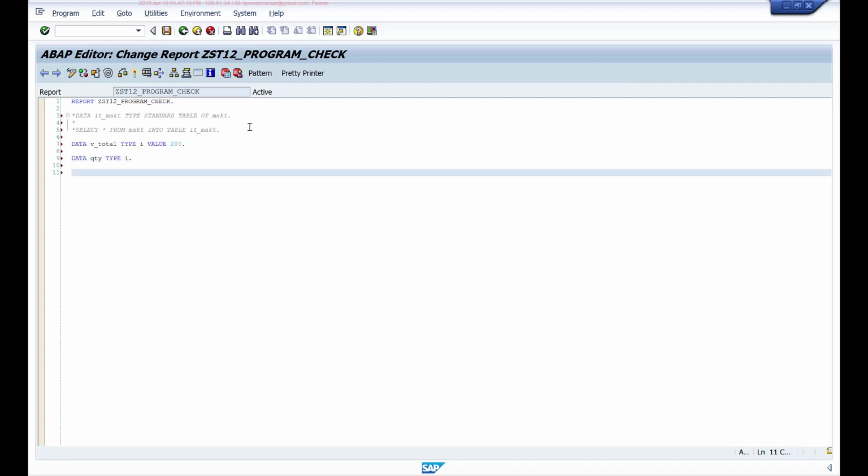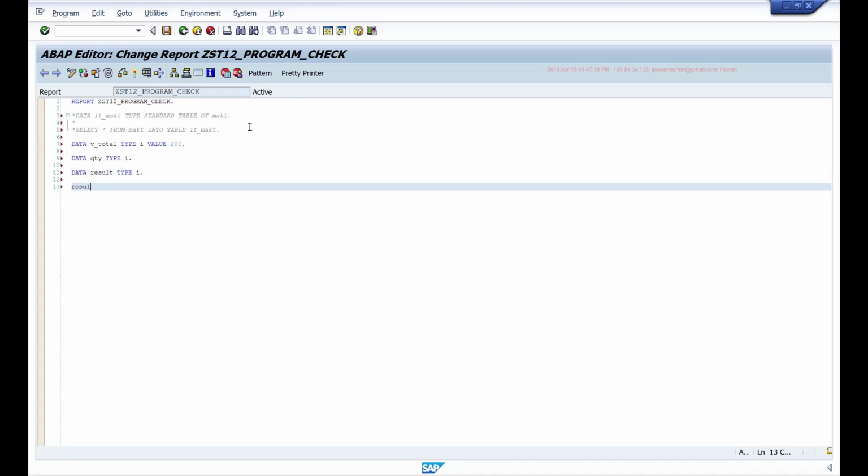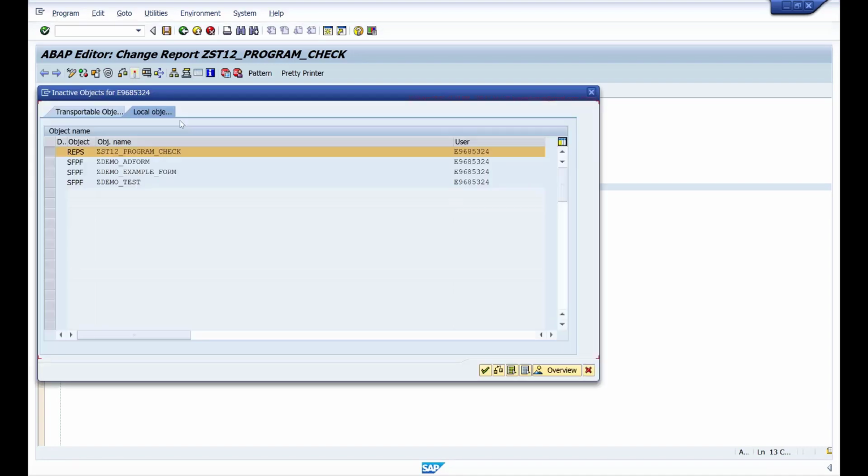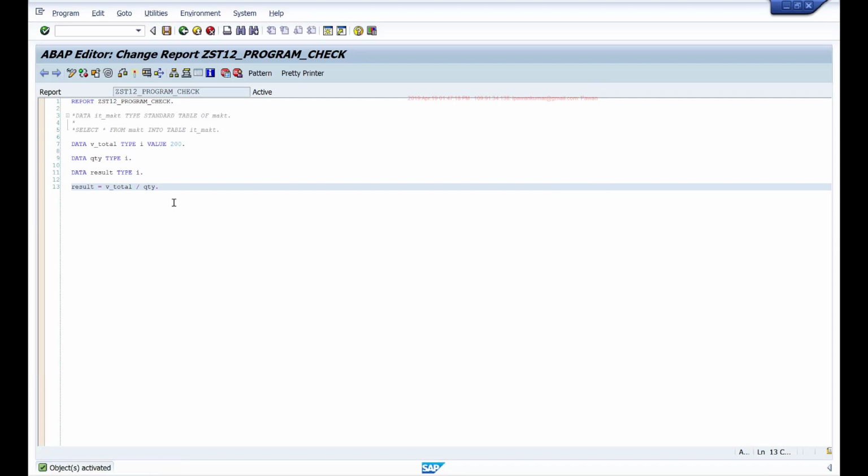So I'll divide, and let me also create one result. Result equals v_total divided by v_quantity. Now here our quantity field has 0 as the value, and I'm trying to divide something by 0, which is infinity. So this should create one short dump, and let's see what it says.